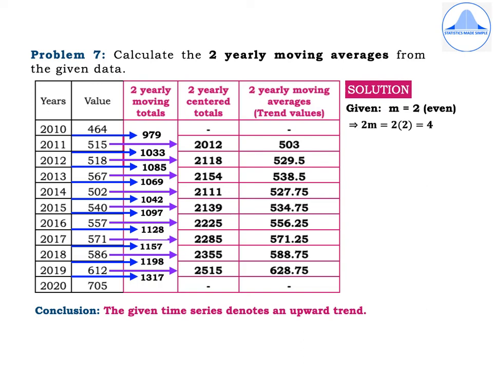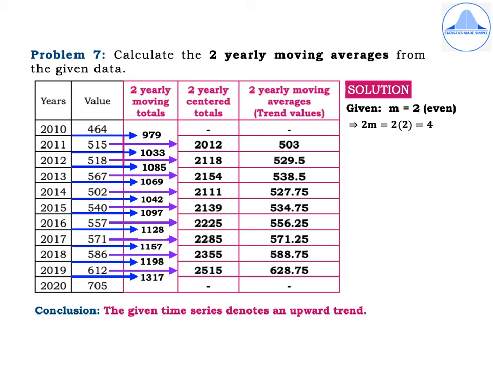2515. And you will observe that the first and last 2 yearly centered totals will be missing. And when we form the last column, that is the 2 yearly moving averages, which gives us the trend values, you will see again that the first and the last trend value will be missing. Okay, how do we get the last column? 2012 should be divided by 4, which gives us 503. Then 2118 when divided by 4 gives us 529.5,